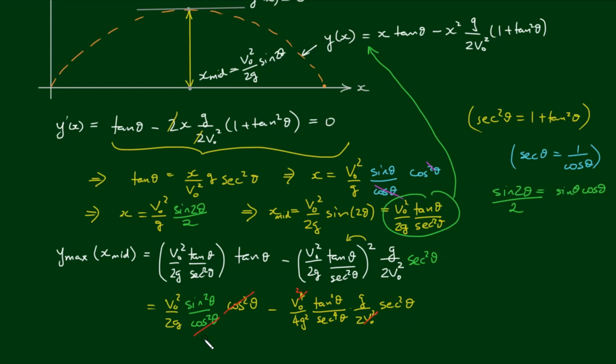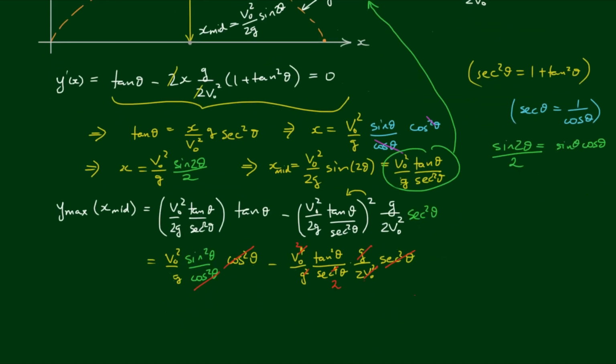And for those who have picked up my mistake, well done, because there's not supposed to be a 2 in front of the g here, and therefore the 2 in front of the g here goes, the 4 in front of the g squared goes, g squared cancels with the g on the top to reduce that down to just g on the bottom. The 4th power on the bottom reduces to 2 when it cancels with the power of 2 on the top. So after all that, we have v0 squared on g by the sine squared of theta